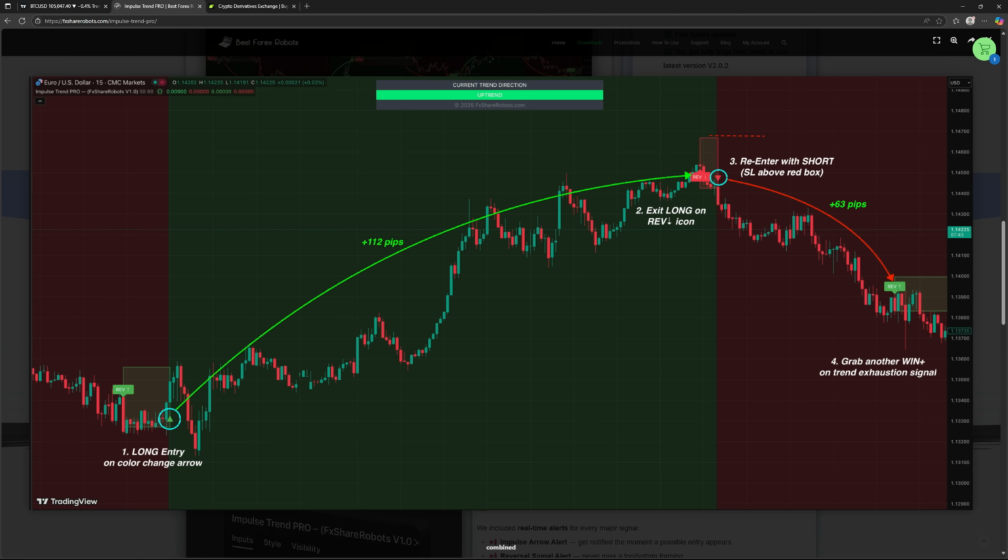So it is misleading. I already sent them an email asking what's going on with that. They have not replied. So this specific setup is all it is. It's just entering on a green color shift, exiting on a red, and entering short on that red. As it says right here, re-enter with short stop loss above the red box. So we're just following exactly what they are saying to do here